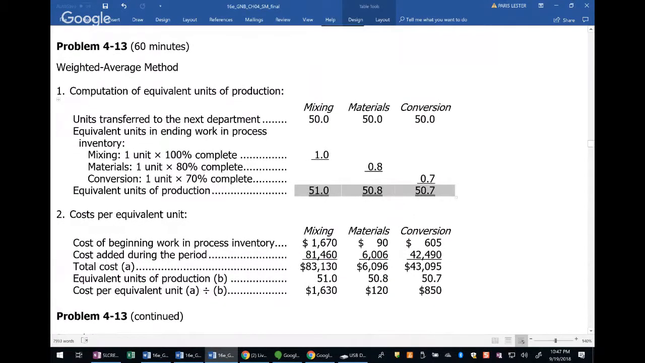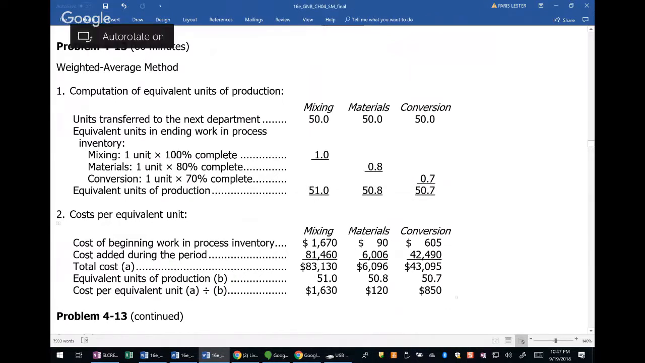Cost per equivalent unit, you take your beginning, add your new, and divide by 51 to get 1,630. And over here you got 120, and over here 850. All right. Part 1, and make a check mark. And then part 2,